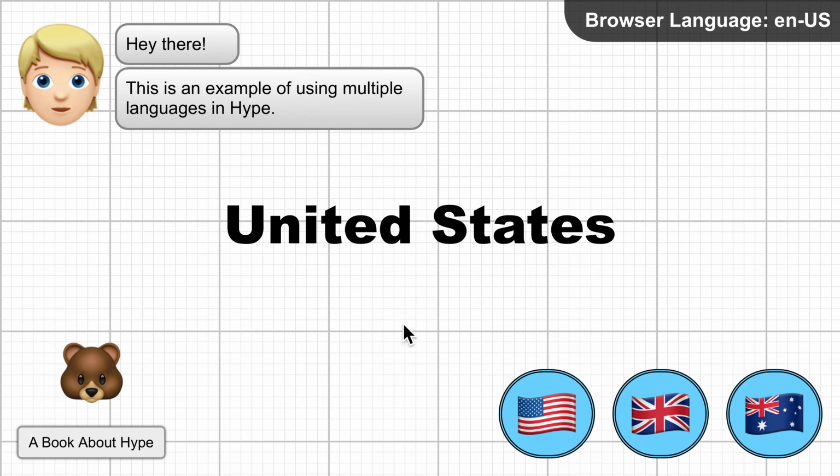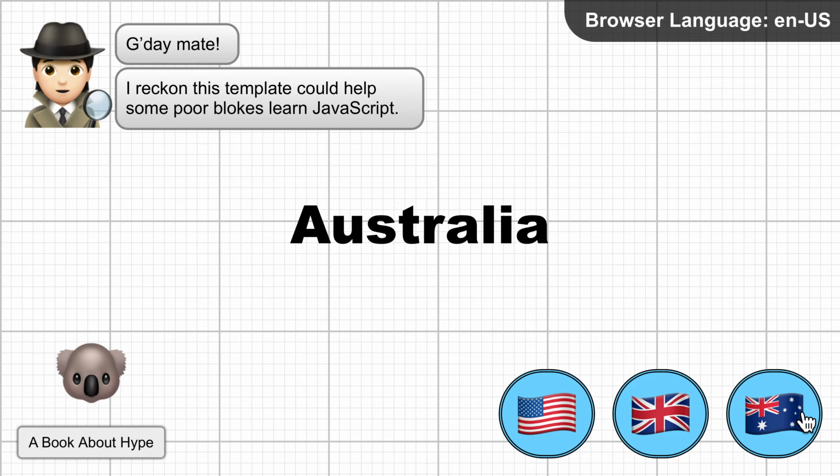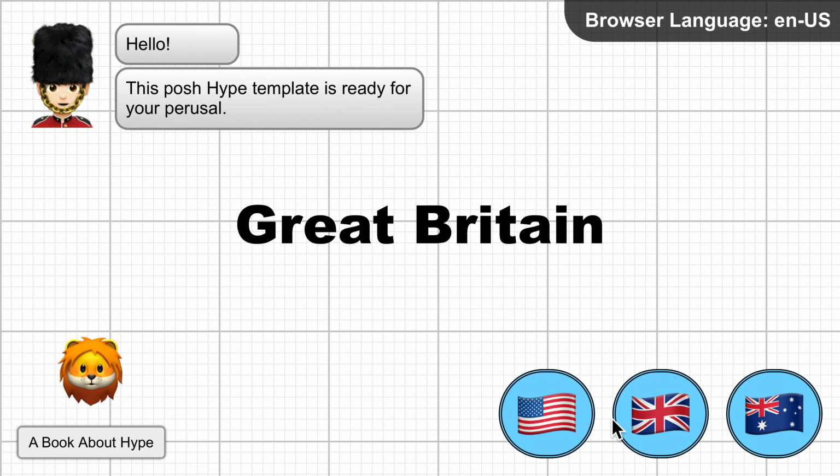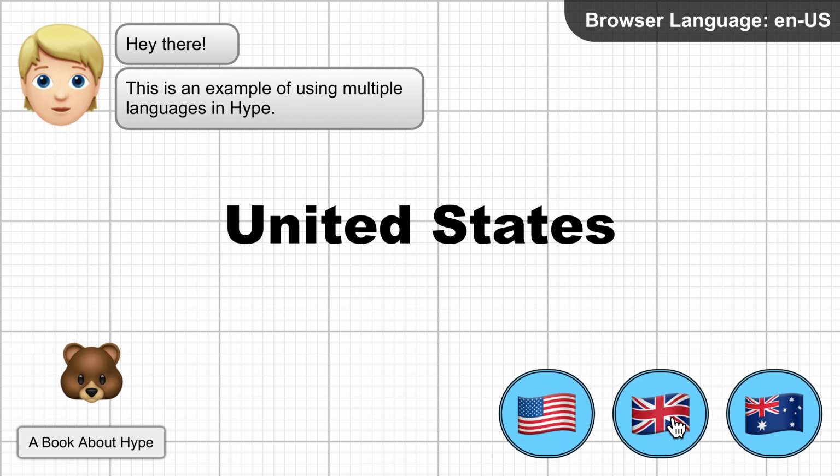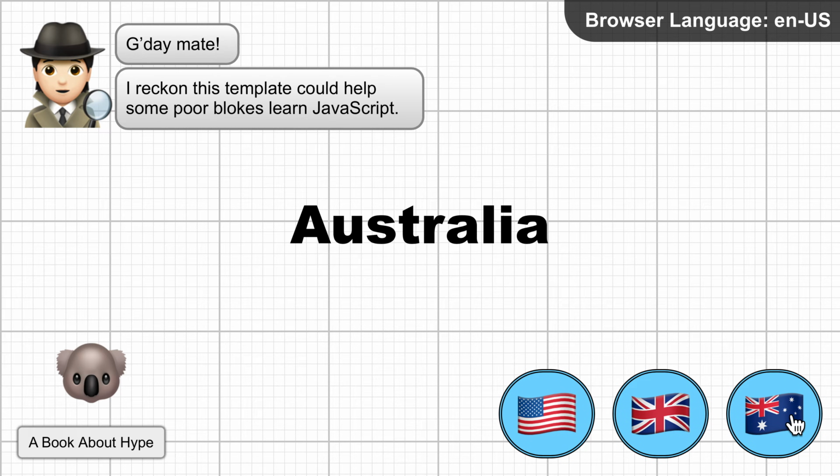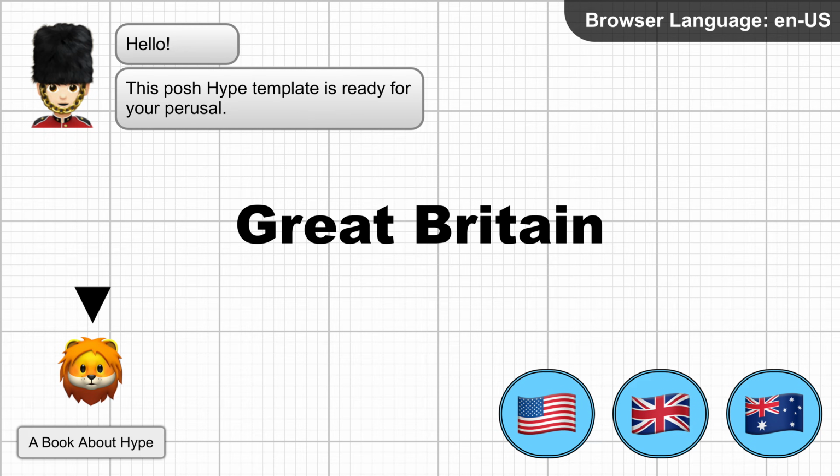This makes more sense if you click one of the flag icons at the bottom right. There's a United States flag, which is the current country, but there's also one for Great Britain and Australia. The joke here is that the text has a bit of an accent. The emoji and the text changes based on the region selected. There's a koala for Australia. I'm not sure why I picked a lion for Great Britain. It's not like they're native to those lands.